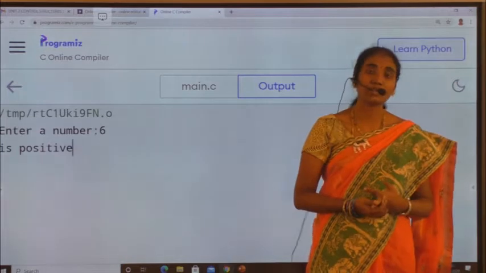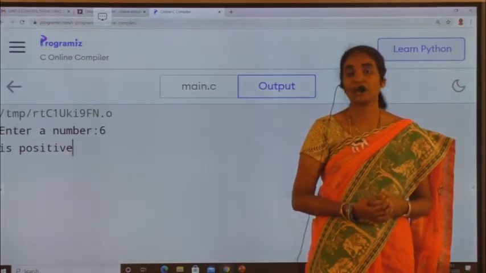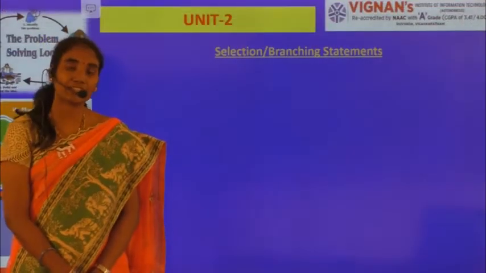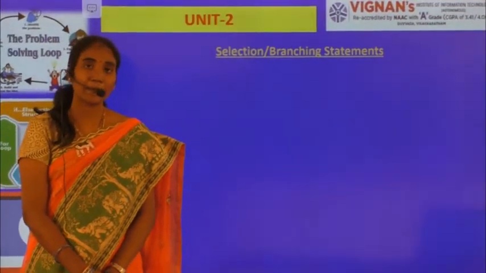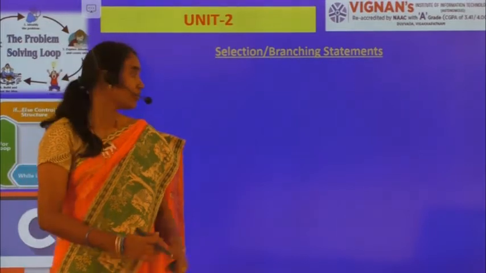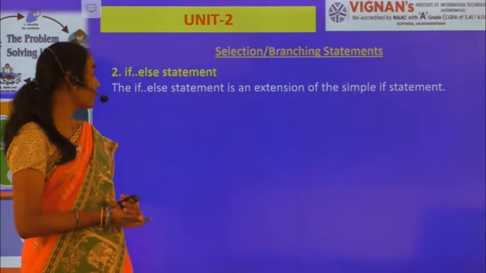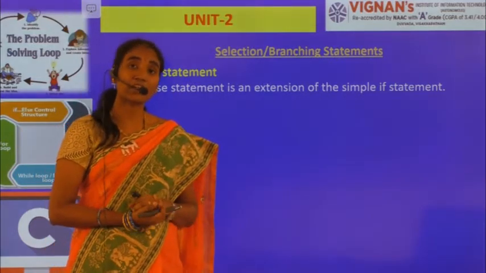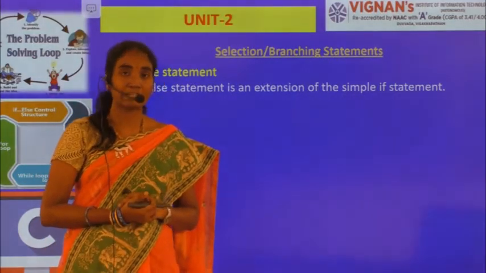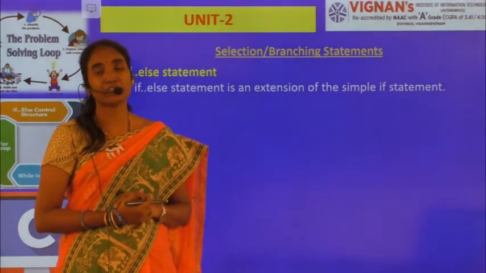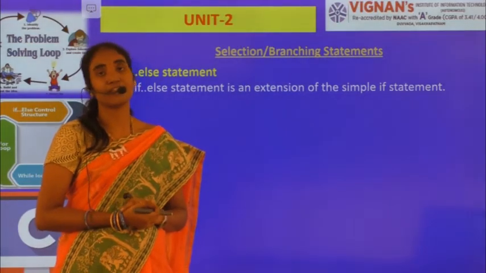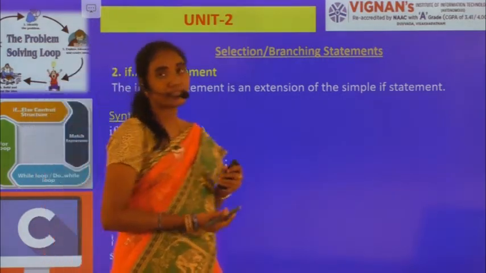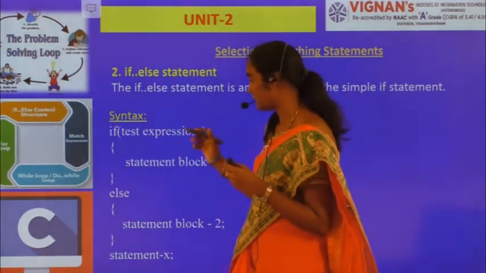Now let's go with the next statement under branching, which is the if else statement. So now let's have the second statement under your branching statements, right? Your second statement corresponds to if else. So if else means, if the given condition evaluates to true, then the if block will be executed. If the condition evaluates to false, then the else block will be executed, right?